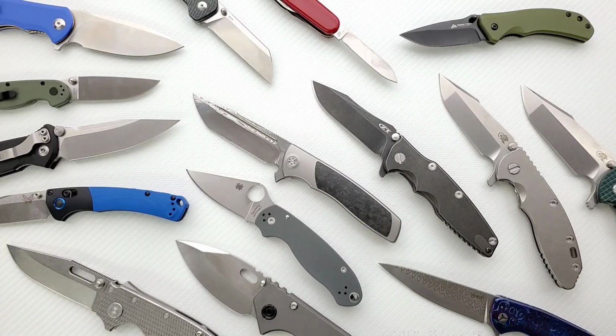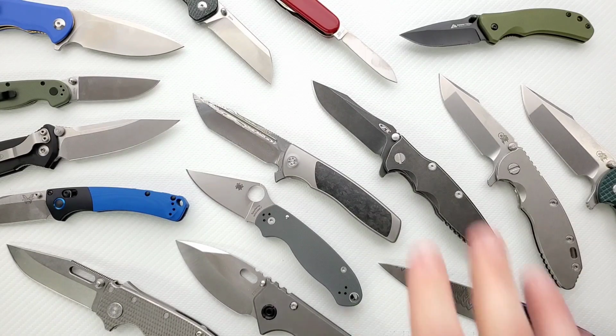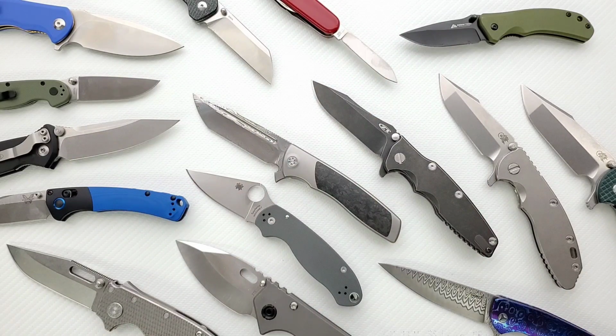But I came to the conclusion that the community were like the decision makers of the knife world, right? They created the law of what is value, what a knife should be used for, all of that stuff. I'm like, okay, this must be like the Grand Council, right? Talking with different people there, creating threads, getting responses from people. What I slowly found out over the years is that, yeah, there are